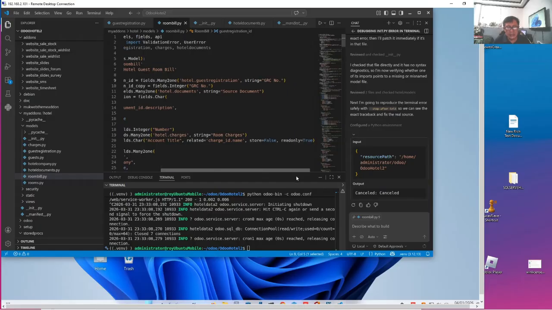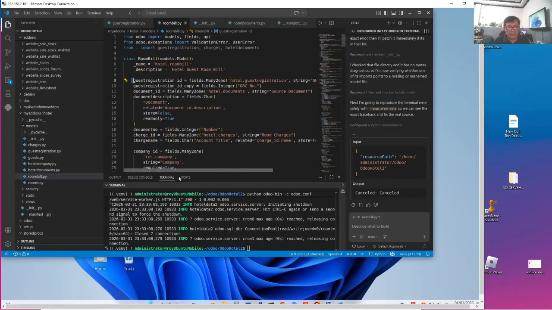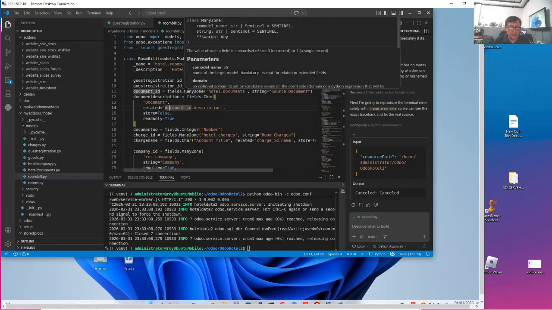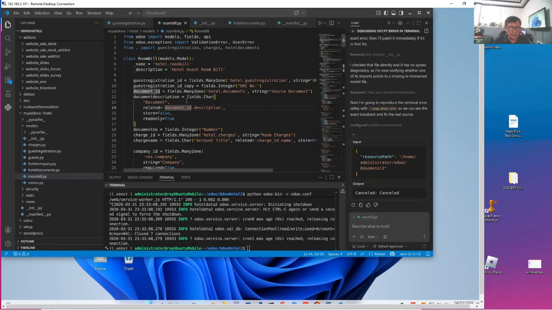This is actually a many to one field related to the hotel guest registration model, which we have imported above. And then we will have a document ID. This is also a many to one field relating to hotel documents, which we have created before.